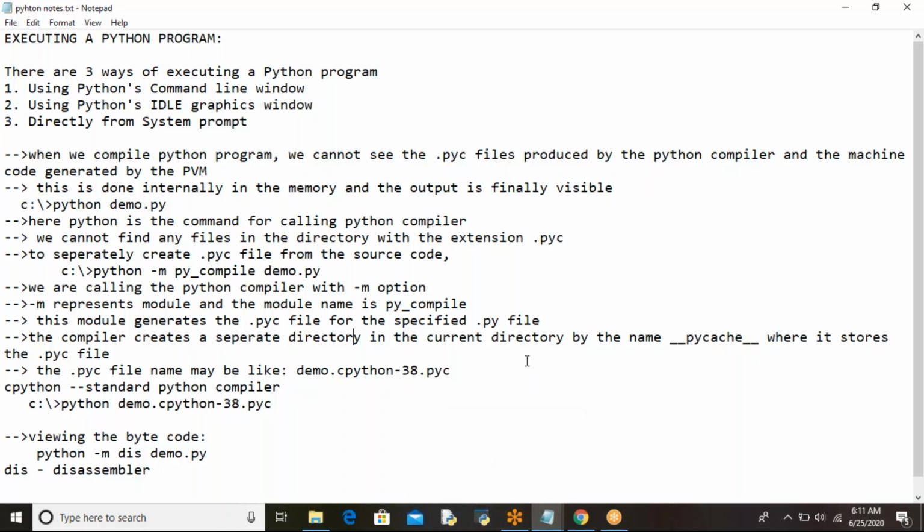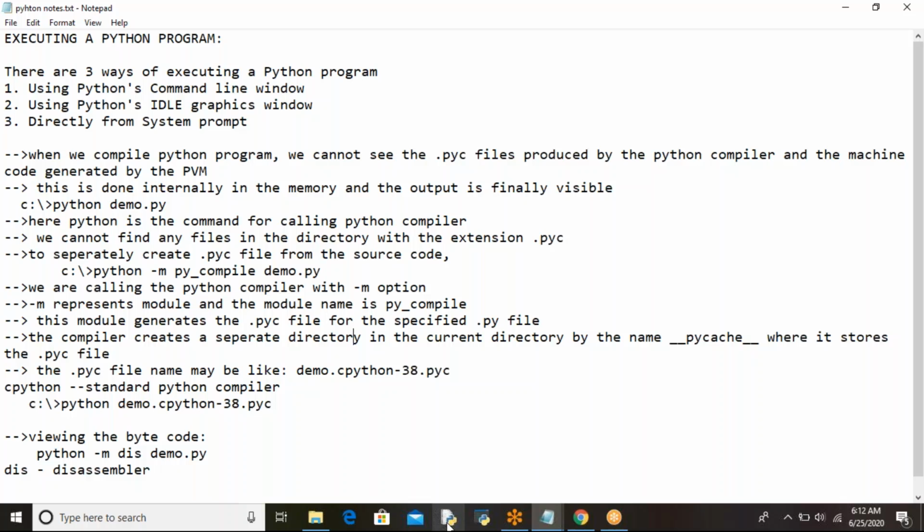So we can execute Python programs in three ways. The first way is using Python's command line window. The second way is using Python's graphics window, nothing but IDLE. And the third way is directly from the system prompt. Okay, from the system prompt also we can do it directly. Got it? So all the three ways I'll explain to you.